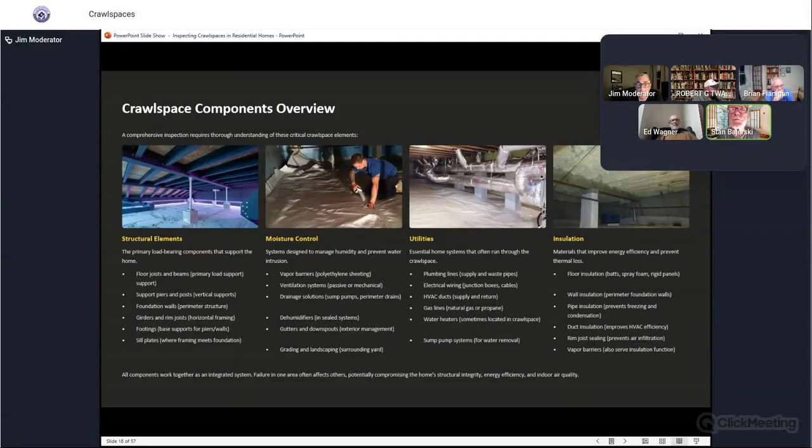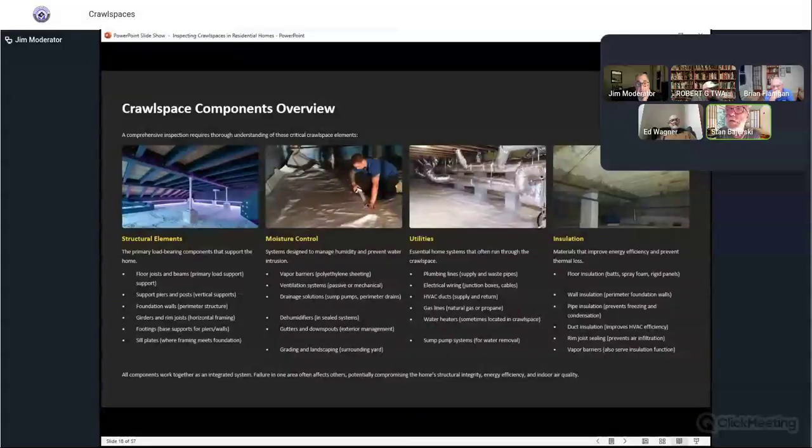Essential home systems that often run through the crawl space, so plumbing lines, electrical wiring, junction boxes, cables. In the older houses, they were run with BX, and they could get very rusty. HVAC ducts, same thing. Gas lines, water heaters. Probably in more modern crawl spaces, you'll see the heating systems and water heaters, sump pump systems for water removal,